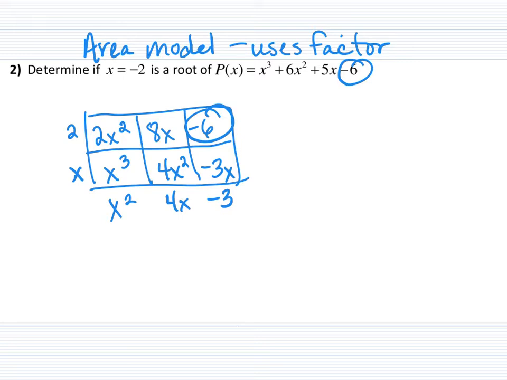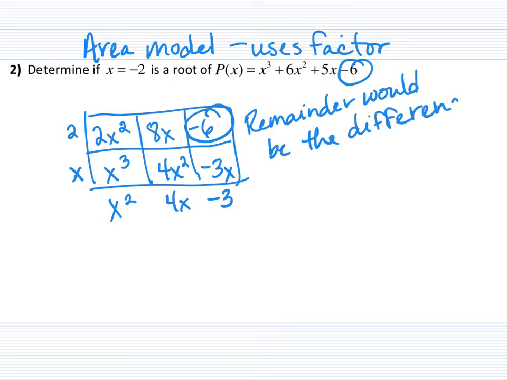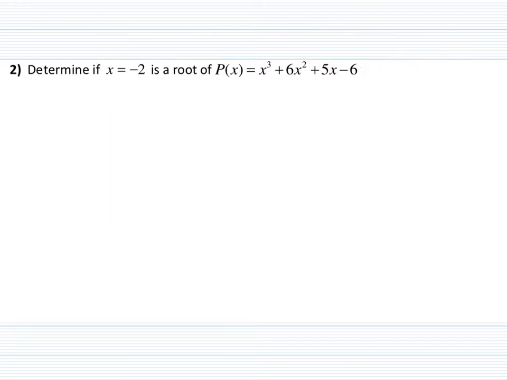Now, if this was not a root, then the remainder would be the difference between the two. And a lot of people did not verify that, and had done something wrong in that process and would have noted that. Since the difference between these two terms is 0, then we know that it is a root because there's no remainder. But on your test, it was not a root, and you had to show that remainder. So, because you were confirming your remainder from the